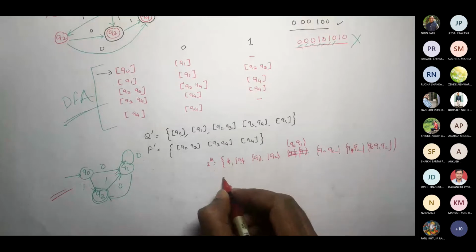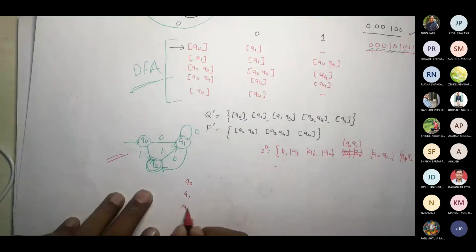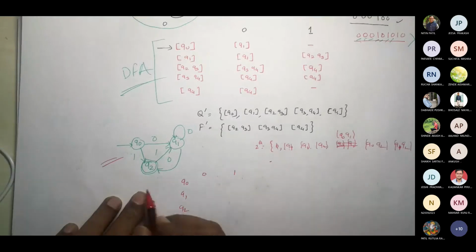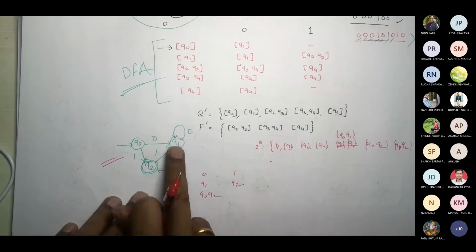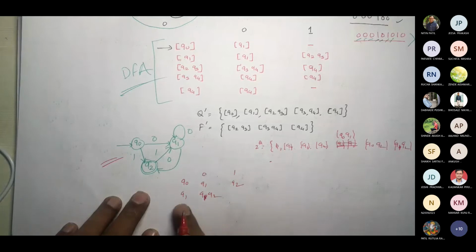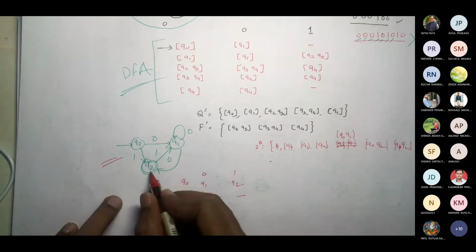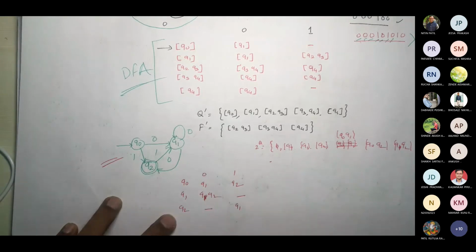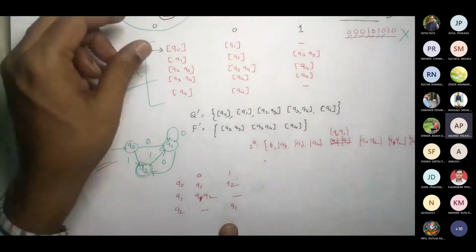So if I write Q0, for example, what would be my table in this case? If I write it for the NFA: Q0 on 0 gives Q0, Q1; Q0 on 1 gives Q2. Q1 on 0 gives Q1, Q2 and Q1 on 1 gives Q0, Q2. Sorry, Q1, Q2. For Q1, 1, I don't have anything. For Q2, 0, I don't have anything. And Q2, 1, I have Q1. Correct? Am I right? Yes, sir.